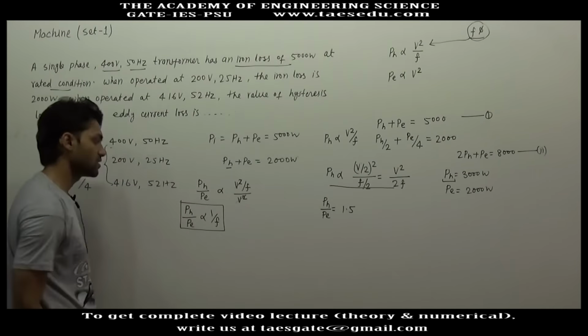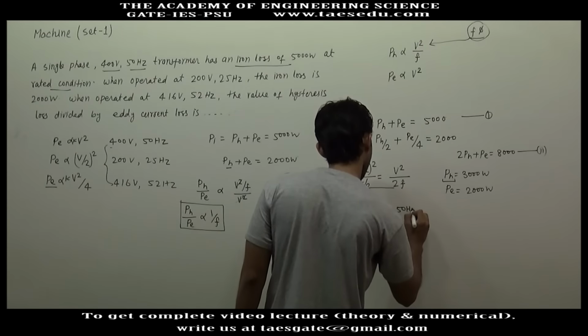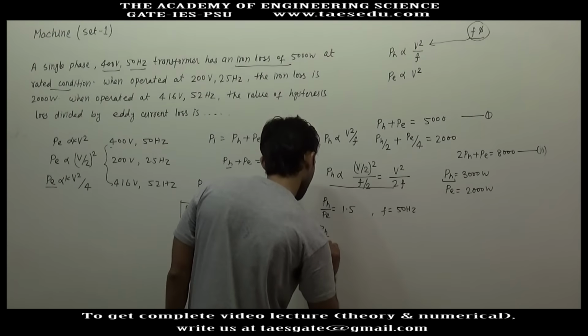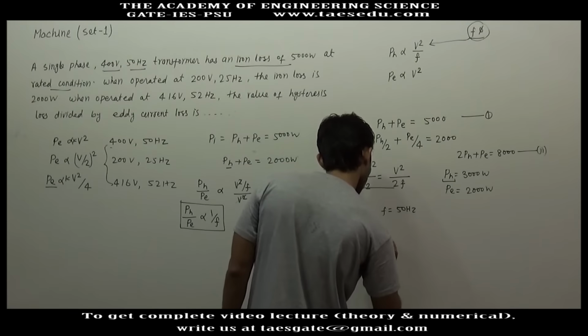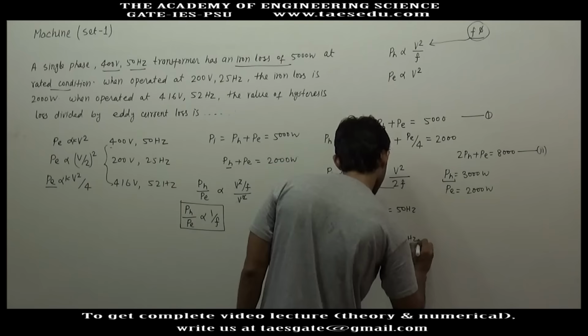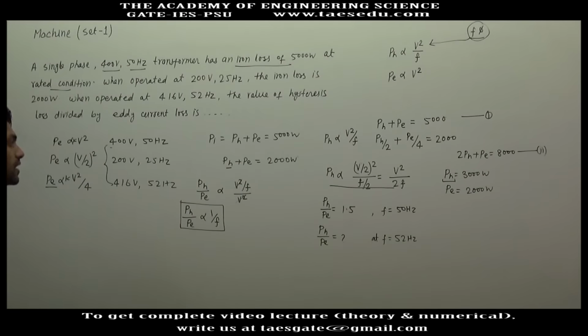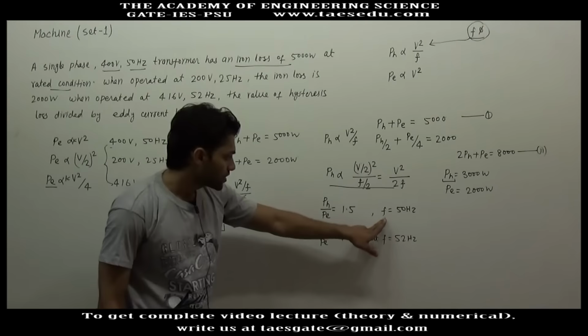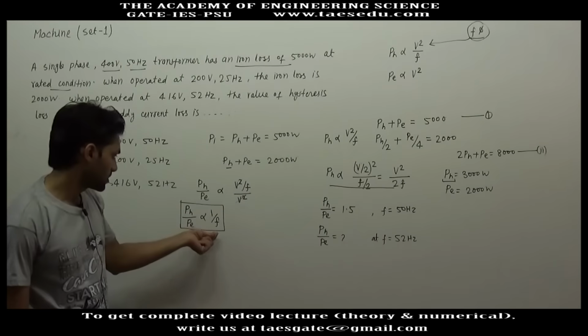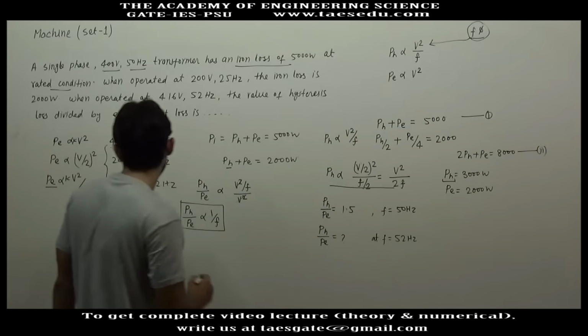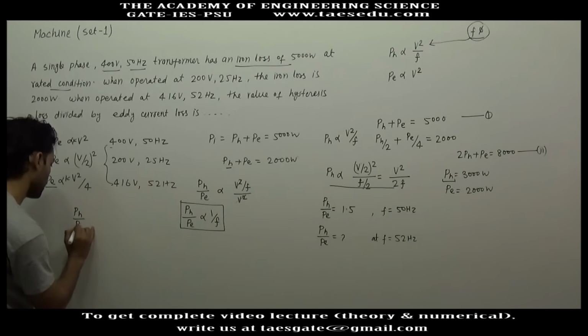So PH by PE is 1.5 at which frequency? When frequency is equal to 50 Hz. And we have to find out PH by PE at F equal to 52 Hz. And we have this information, PH by PE is inversely proportional to F. So you have increased frequency here, and this is inversely proportional to frequency. So PH by PE in the third case,